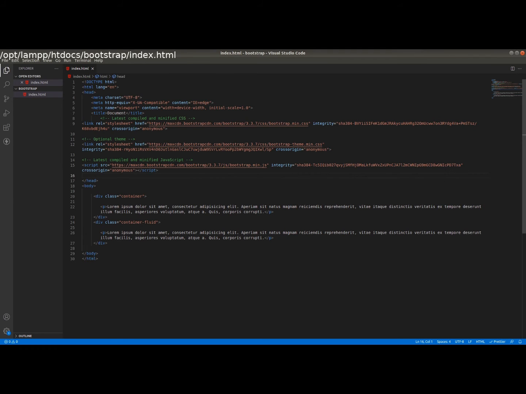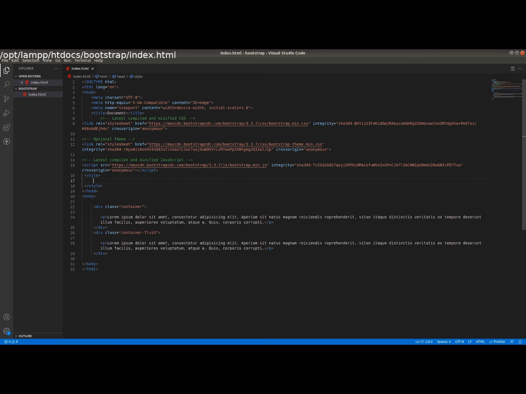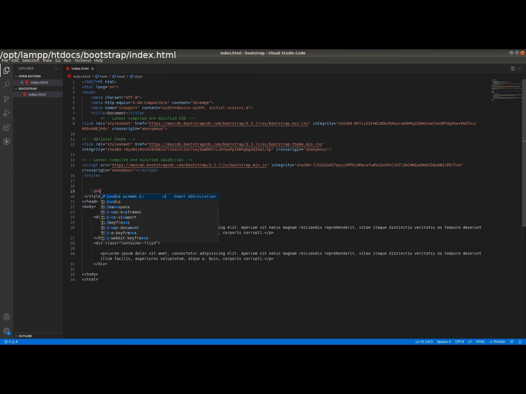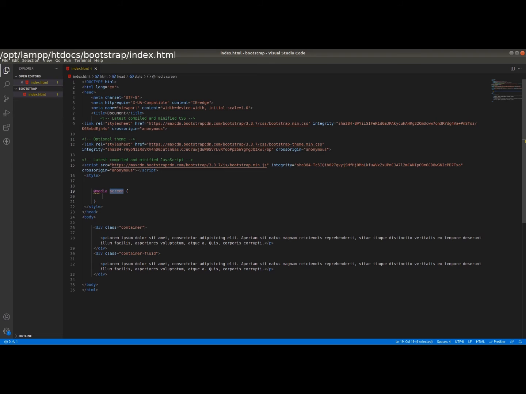Just type your style class, at the rate media screen, and the screen will be min width colon 576 pixel. This is for one media query.